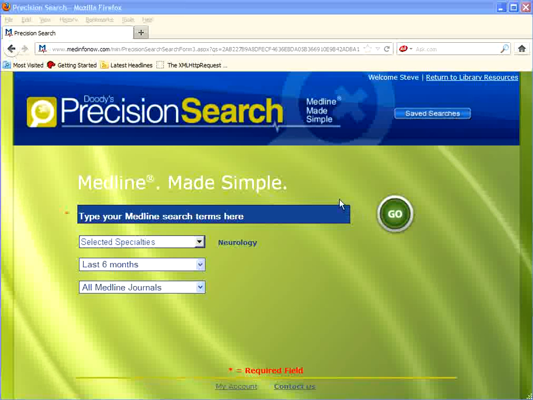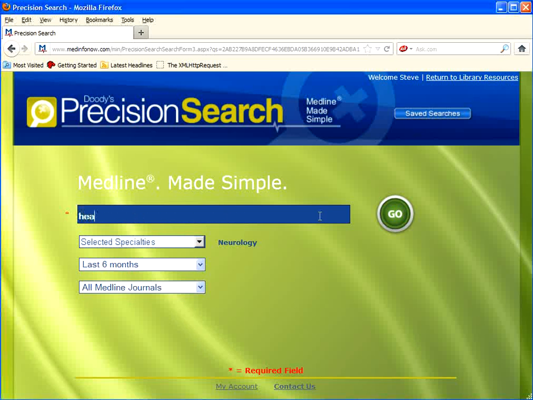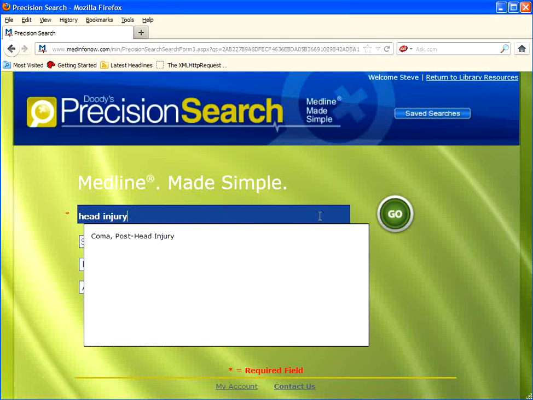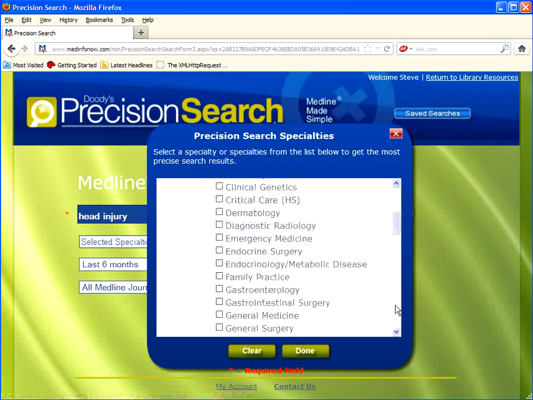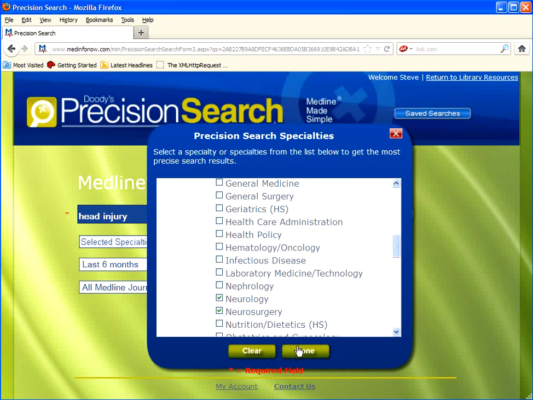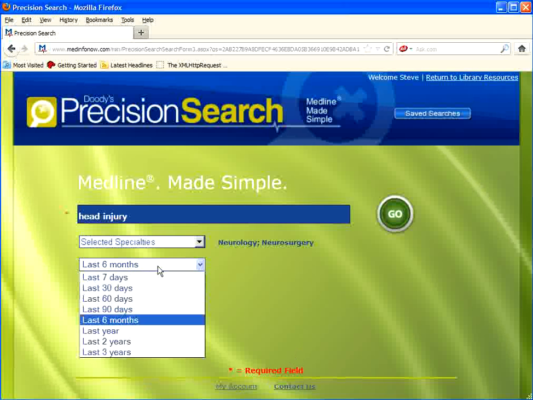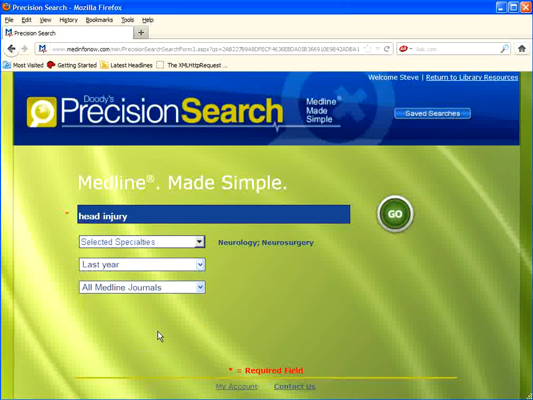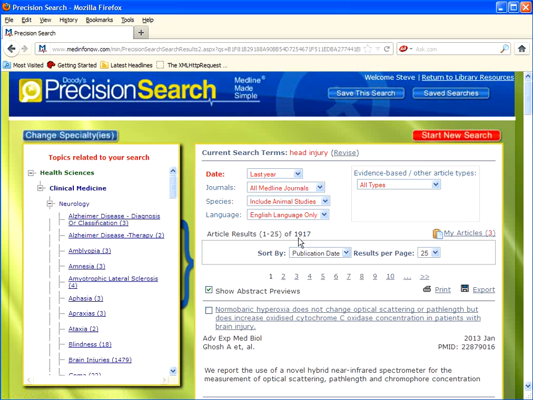So let's build a slightly different search by typing in the keywords of head injury and adding the specialty of neurosurgery. Let's change the date filter from 6 months to 1 year, leaving the default journal filter as it is, and click Go. With 1,917 articles, this is obviously a much broader search than the first one we did. That's a daunting number. So I'm eager to flex Precision Search's muscle and refine the results by selecting Evidence-Based Articles,